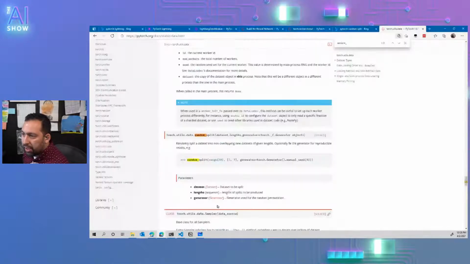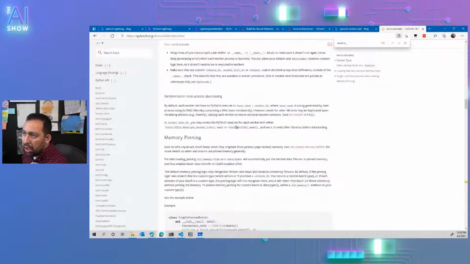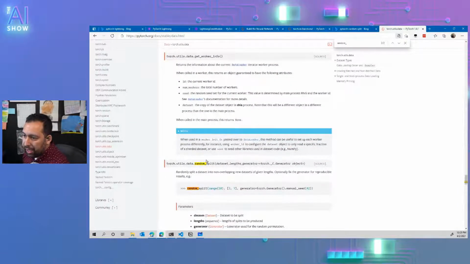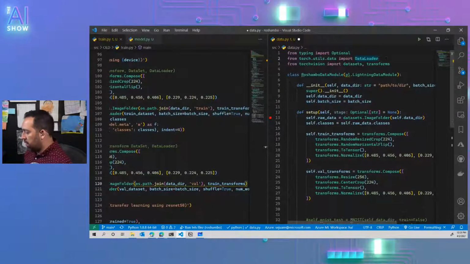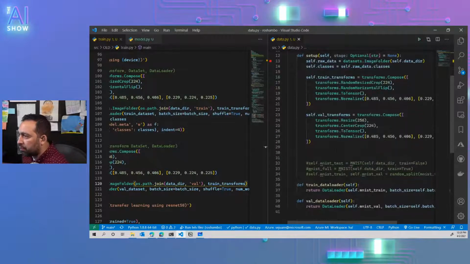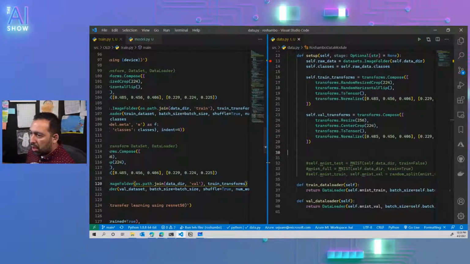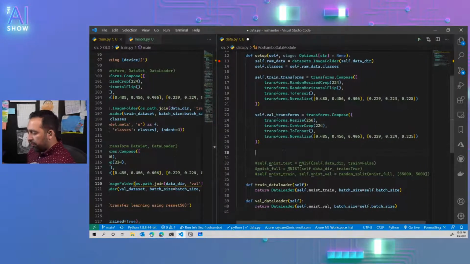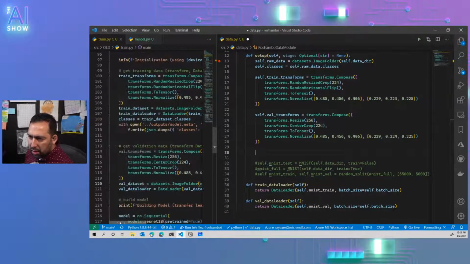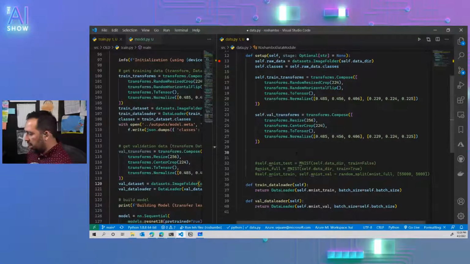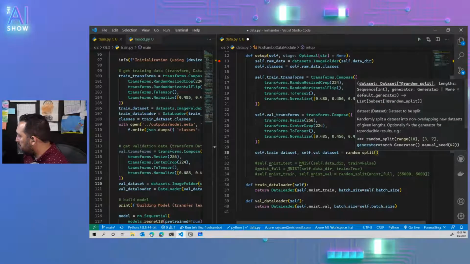And where is the random split thing again? torch.utils.data random_split. Oh, look at that. Nice. So now what we're going to do is say, what did I call them over here? Let's see. Val data set and train data set. So self.train_dataset, comma, self.val_dataset equals random_split of